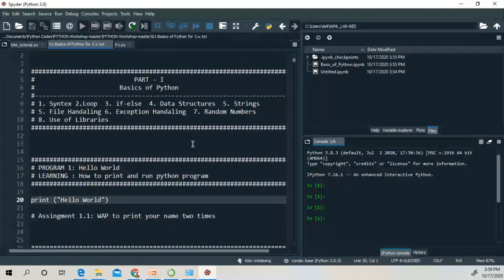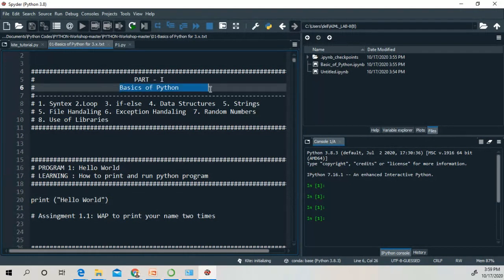We will first understand the syntax, loops, if else, data structures, string, file handling, exception handling, random numbers, and use of libraries.